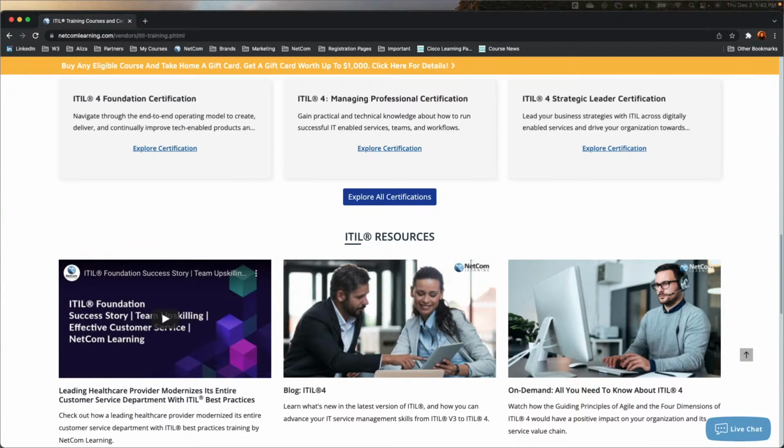I get a lot of clients, Shumik, who come to us at NetCom Learning, and they've already done maybe the foundation of version 3. Sometimes maybe another course on top of that, but I really get a lot of people who say, hey, I've done ITIL version 3, and now I want to move to ITIL 4. And usually what we tell them is, why don't you start from version 4, which is the foundation